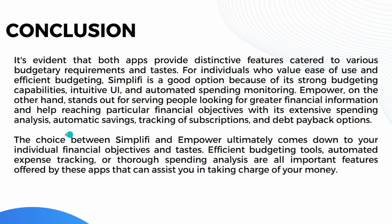So the choice between Simplify and Empower ultimately comes down to your individual financial objectives and tastes. Efficient budgeting tools, automated expense tracking, or thorough spending analysis are all important features offered by these apps that can assist you in taking charge of your money. So with that being said, our comparison is done, and the only question left is what